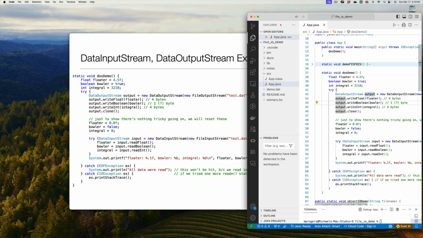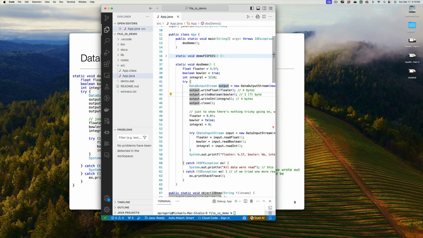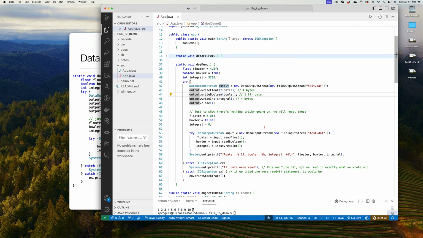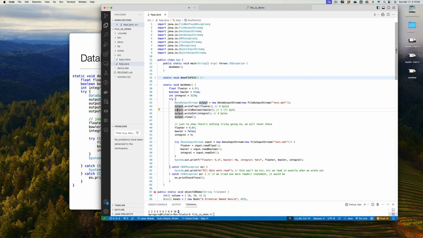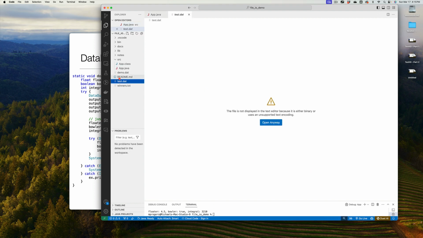So if we actually run this, let's just go ahead and do that right here. So make this just a little smaller. All right, so we're going to run DOS demo here. And when I go ahead and do that, we can see it wrote out 4.5, true, and 3210. If we were to open up test.dat,